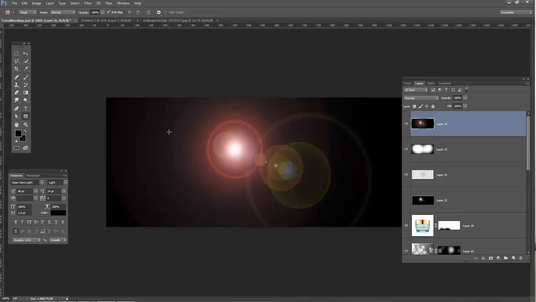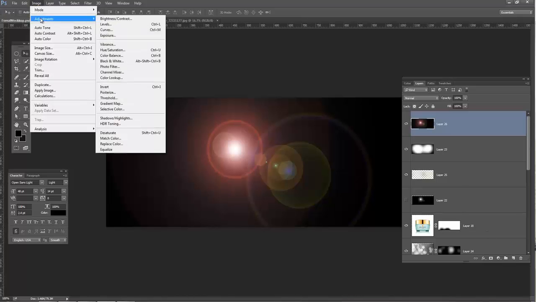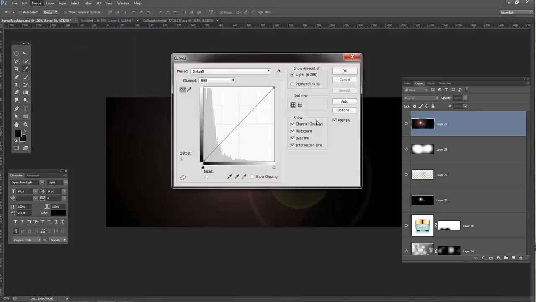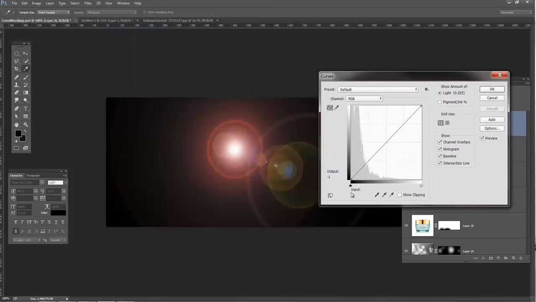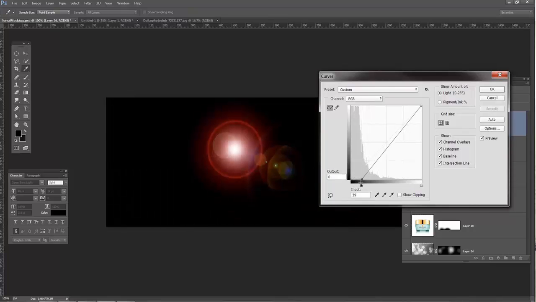Now I don't necessarily like the Photoshop lens flare. You can download lens flares off of websites and whatever. But what I did was, instead of having this gray, I just wanted this all to be black, okay? There's a couple of different options. You can go to Image, Adjustments, Curves, and you can do something similar, okay? You can make this black, like that,